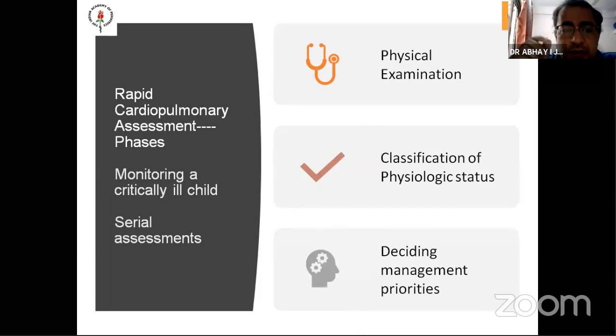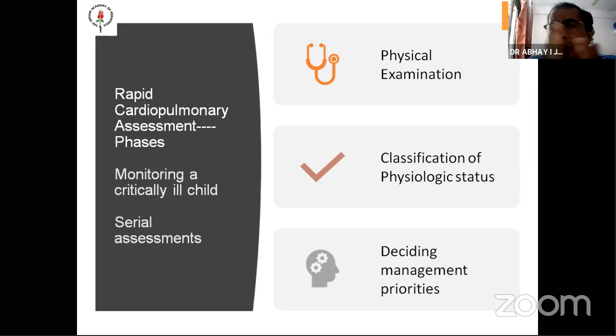The assessment involves primarily physical examination, then classification of the physiological status, and third, deciding the management priorities. If you have attended the PALS course, this is a little bit of a summarization of the first PALS topic, which is assessment of a sick child. We have kept the same concept because that is the quickest and best way of assessing a sick child. I am not talking about a patient who has come to the OPD with cough, cold, fever, or loose motions. But when a sick child is coming, definitely this is the best way to assess, because